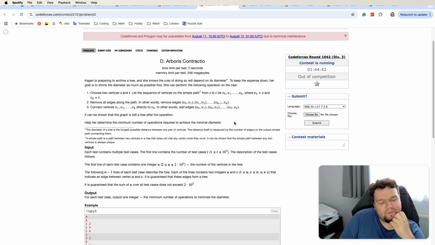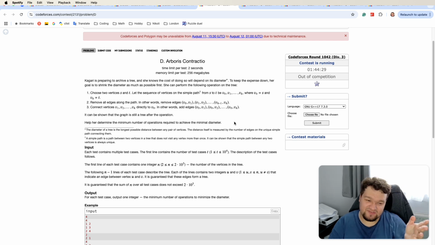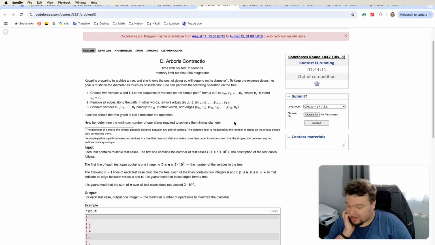But is it the best we can do? Choose some vertex and then just apply the operation to all the leaves. Basically root the tree at that vertex, and take all the leaves that are not directly connected to that vertex, and that's the answer. We can always achieve that. Can we do better? I would guess no, but I wouldn't say it's obvious.